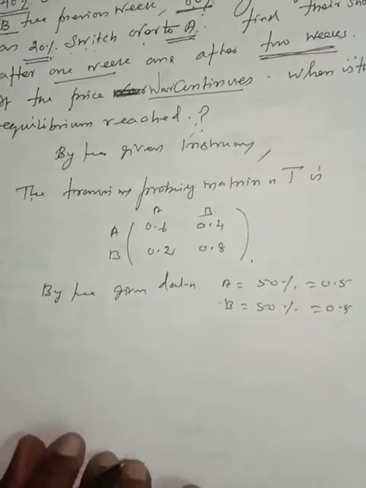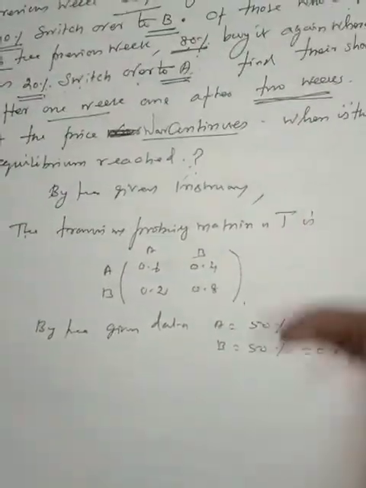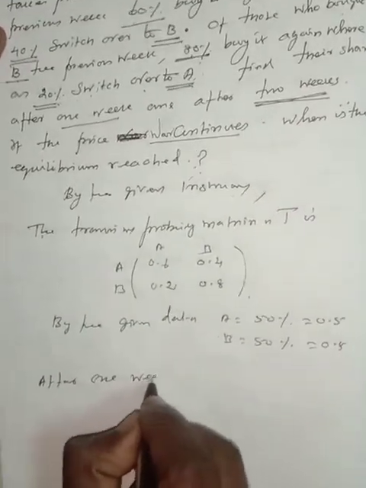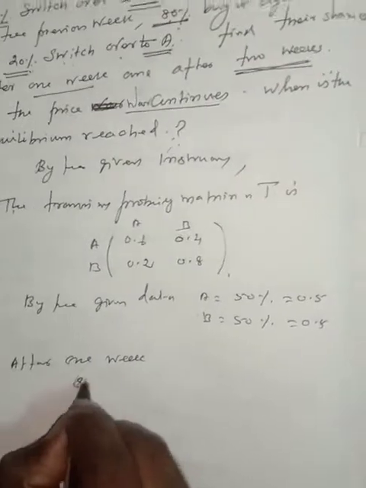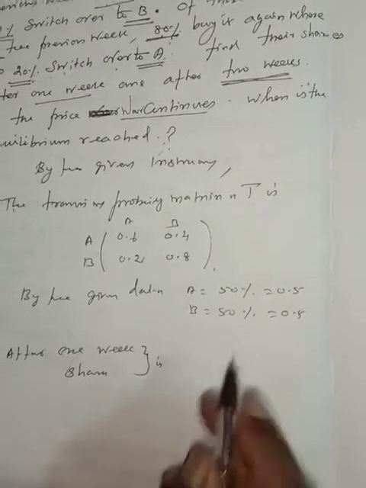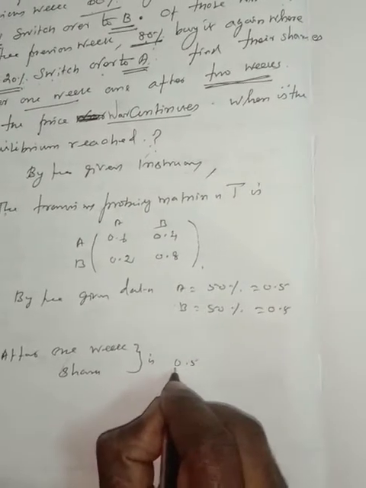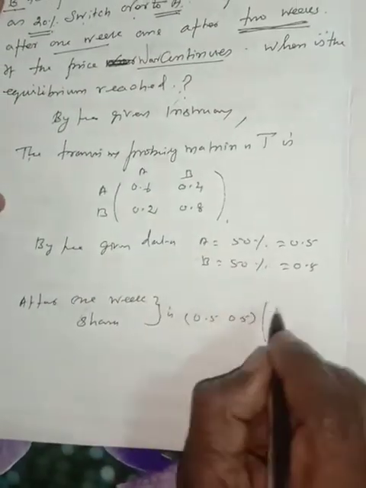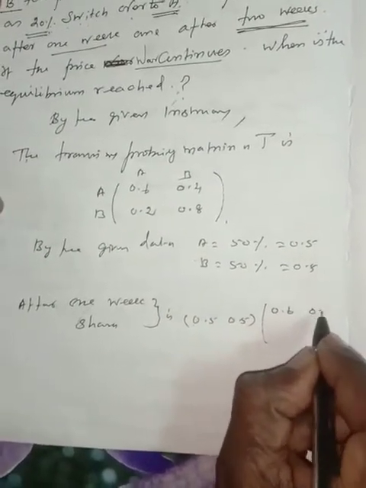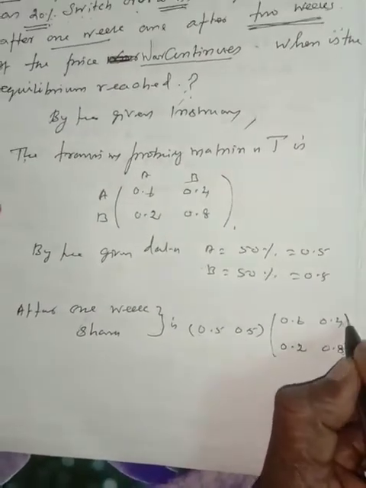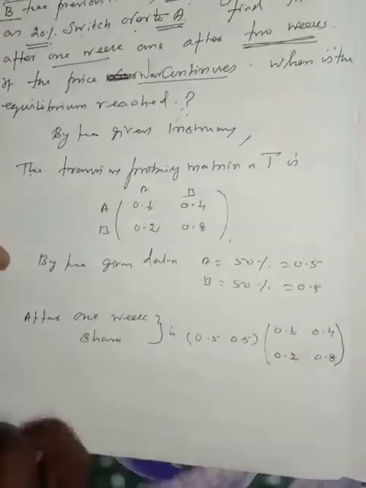After 1 week the share is 0.5 A, 0.5 B into the given transition matrix 0.6, 0.4, 0.2, 0.8